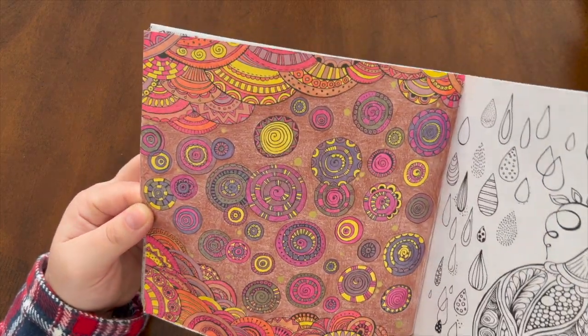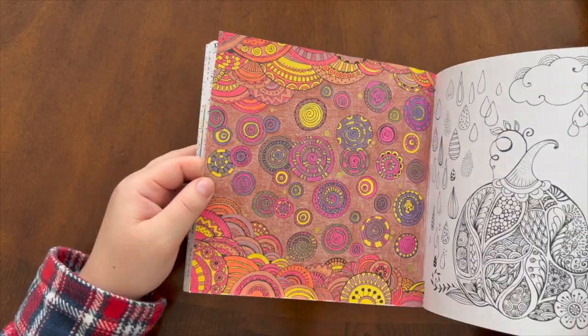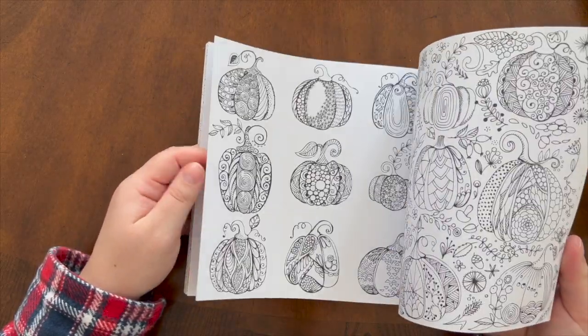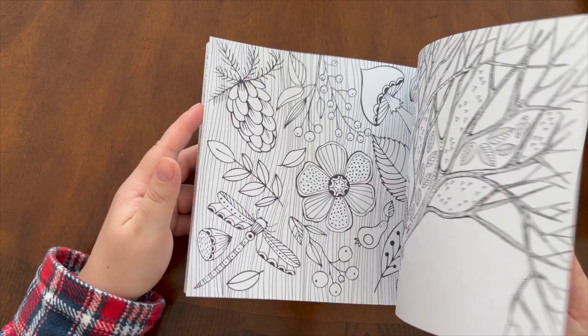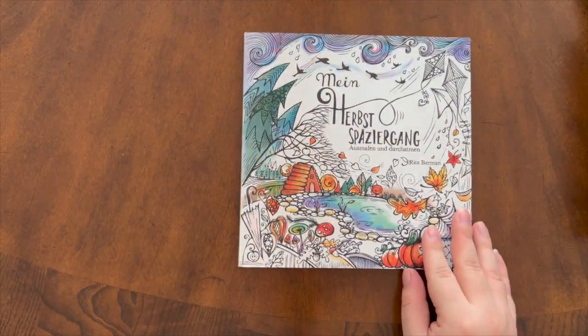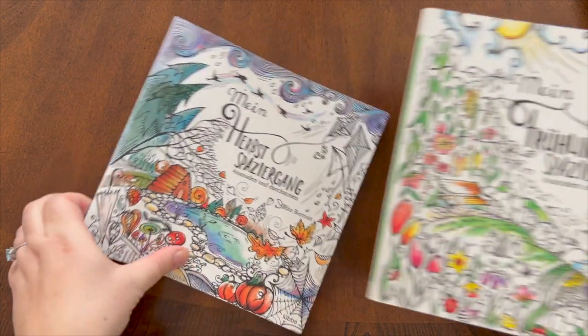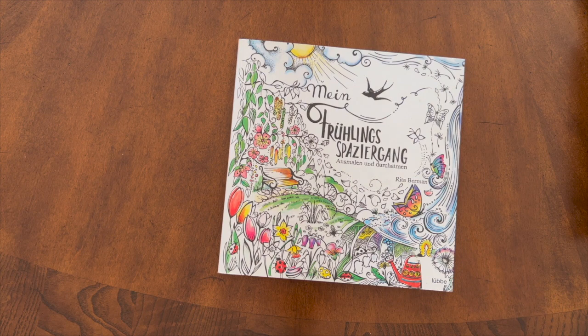I don't know when this was done. 2021. Okay, so at least I touched it in 2021. Oh gosh, I think that might be it. Oh, I'm exposing myself. Yep, that's it. So I haven't touched it in the whole year of 2022, which is absolutely awful, but lovely book. Then I have my